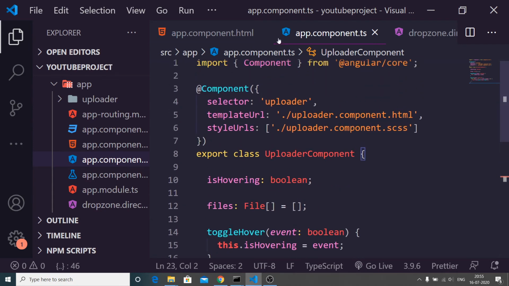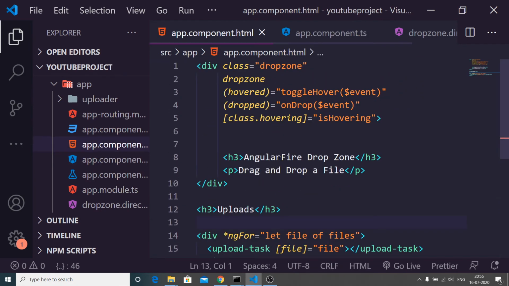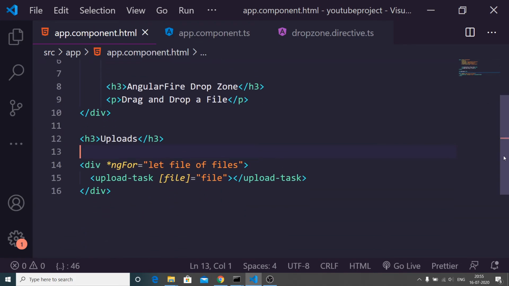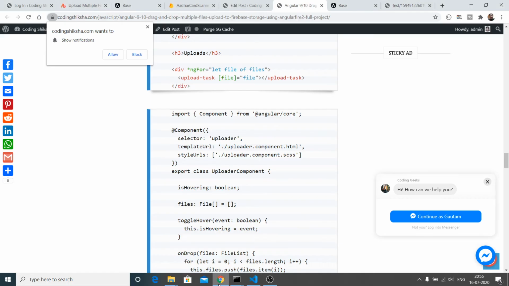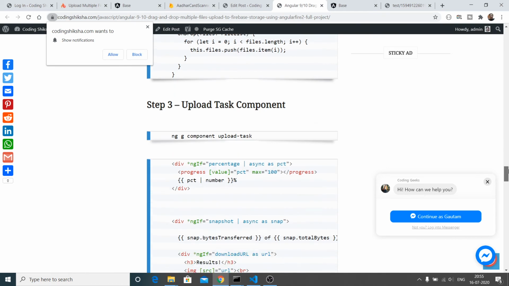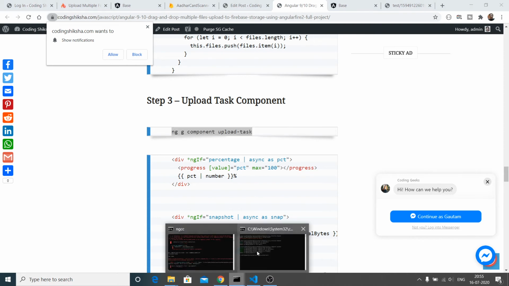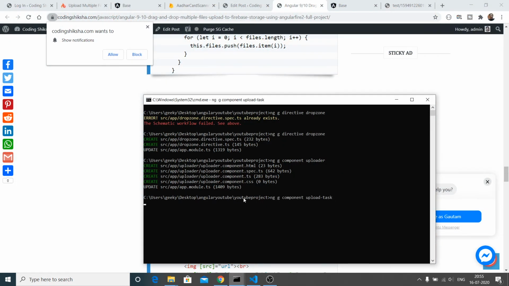As you are seeing here, we are looping through the files that we need to upload. We are passing them to a different component which is solely responsible for making a call to Firestore, which is upload task. Now we need to create this component, ng g component upload task. So again, go to your command prompt and make this component.